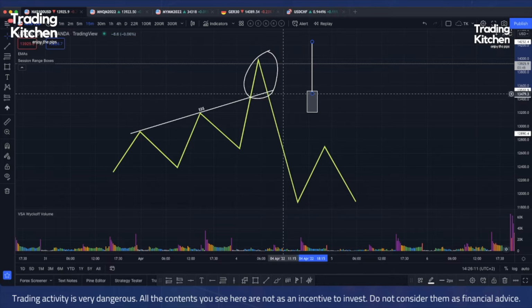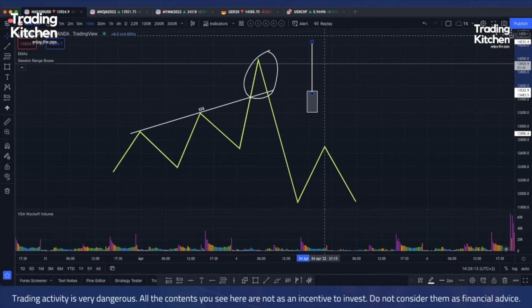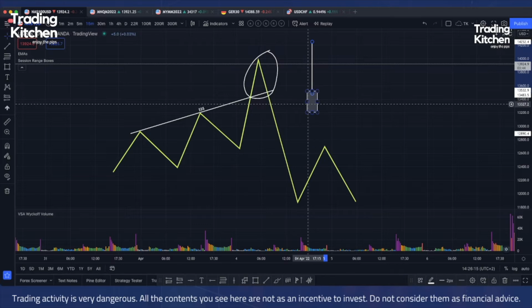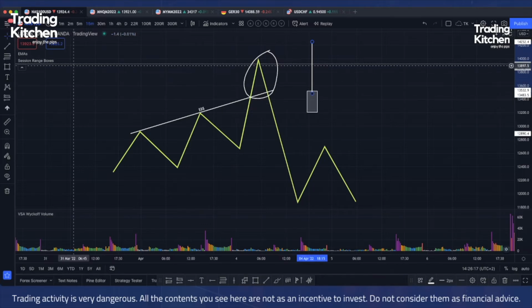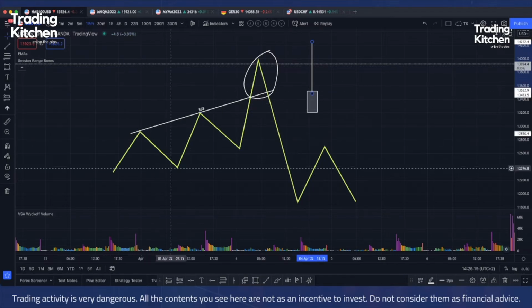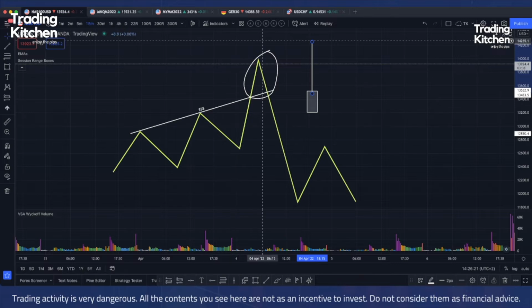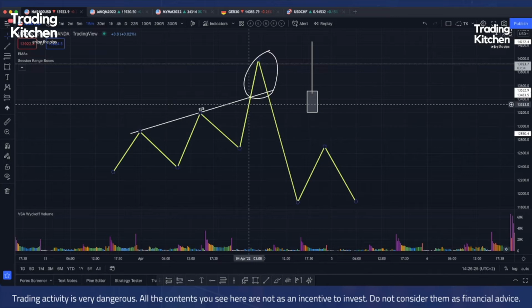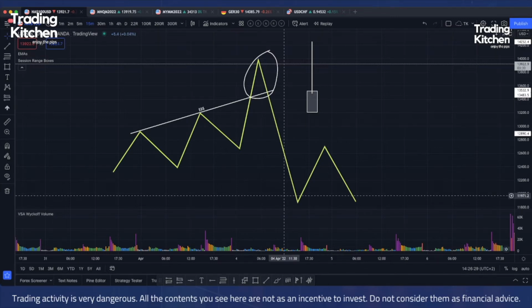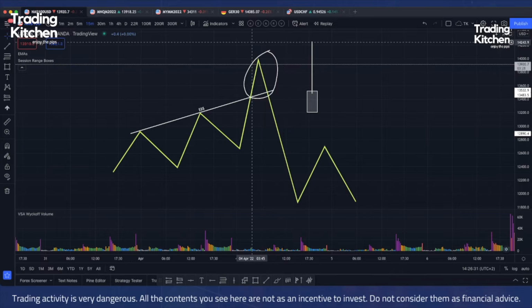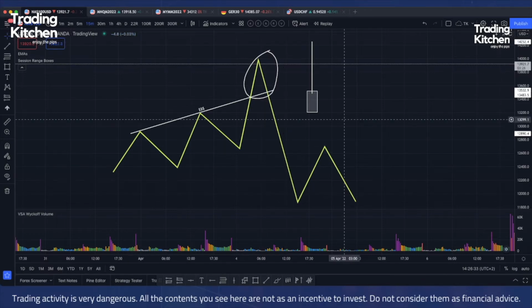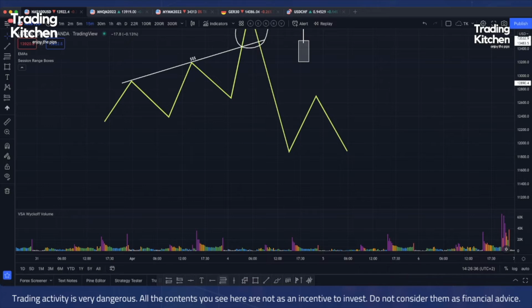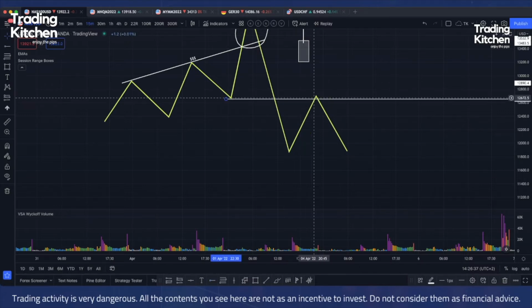Because I see this long tail and short body, and after this liquidity, dynamic liquidity, we see a huge rejection of the price that returns inside this area, breaking this structure,